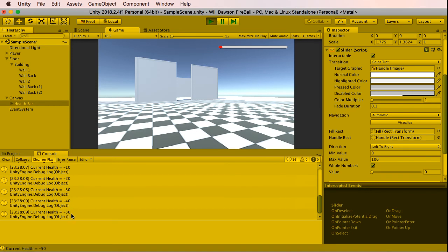Now we have some problems. Our health is able to go into negatives. That's something that we're going to definitely want to take care of. But right now, I'm not really worried about it. And that's because we still have a lot of things to build in the game as far as we're going to create fireballs. Those fireballs have to be able to do damage. There's going to be other